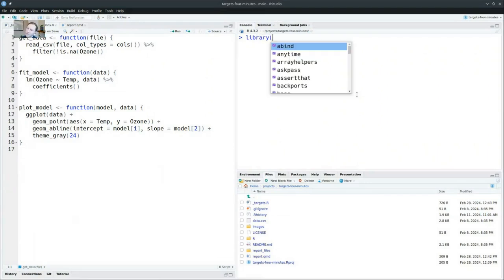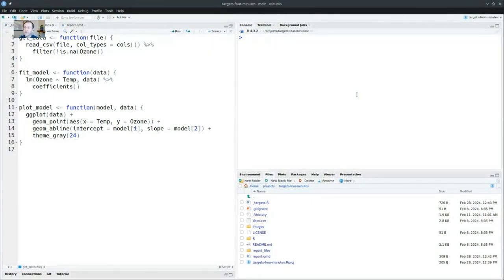And actually, Will, can I just ask you, if you're starting a new project and you're like, okay, I'm going to use targets for this, how do you even start before you get to this point? What would that look like? Because obviously you have some stuff set up here, which is great. But I'm thinking, okay, I'm starting a new project, and I'm like, yes, this time I'm going to try out targets. How does that work?